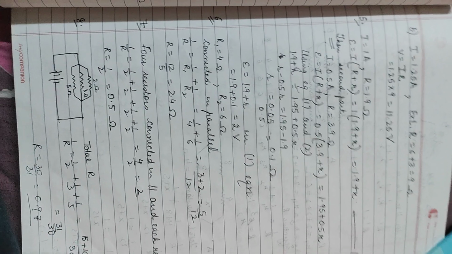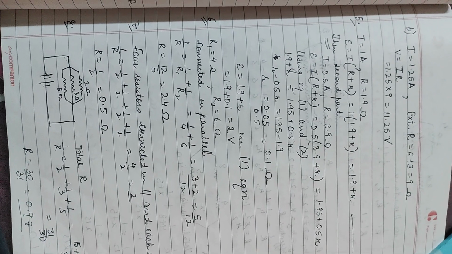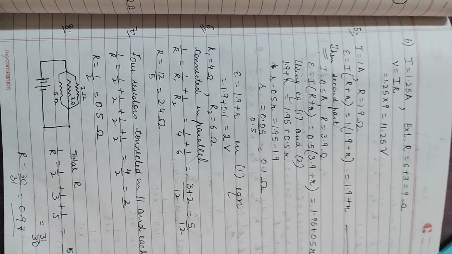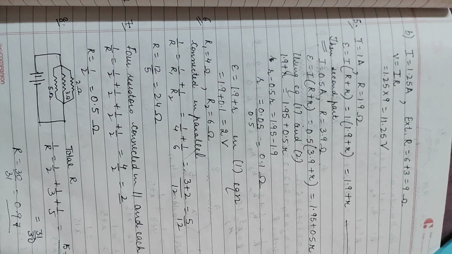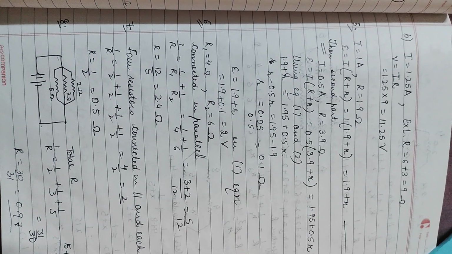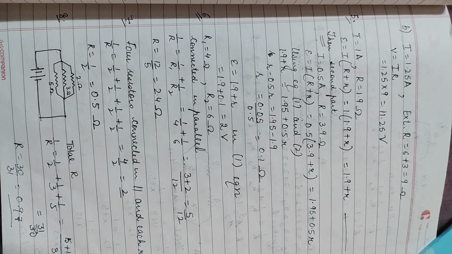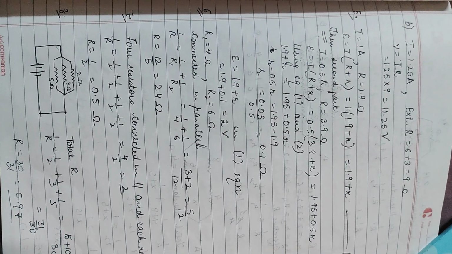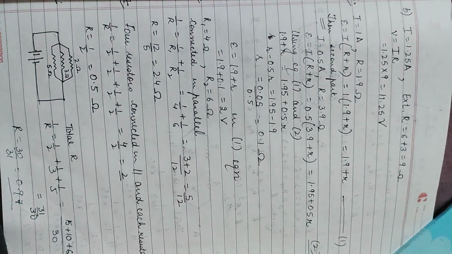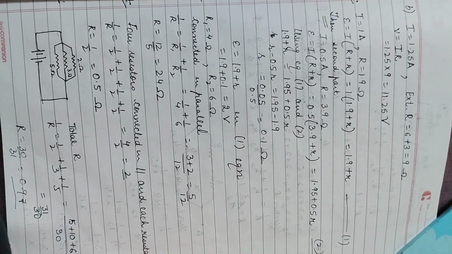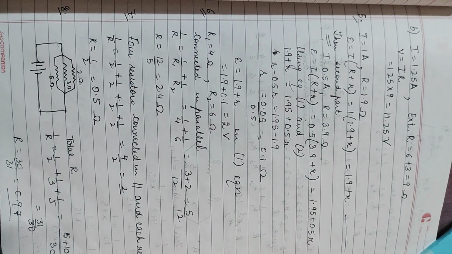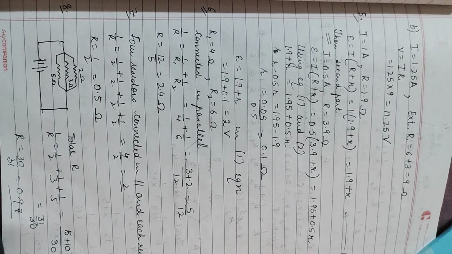Question number 5. Here epsilon is there and internal resistance is there, and current is 1 ampere and resistance is 1.9 ohm. So what is the total EMF we are calculating? That is the total value of E is I into (R plus r). Putting down all the values, we will get it as 1.9 plus r. See, the internal resistance value is not with me, and the epsilon value is not with me.